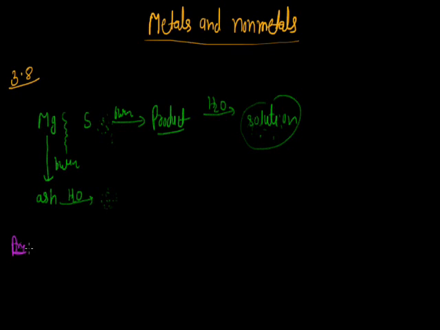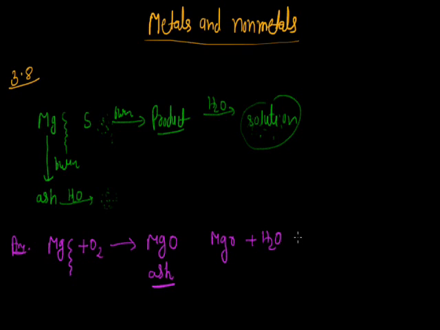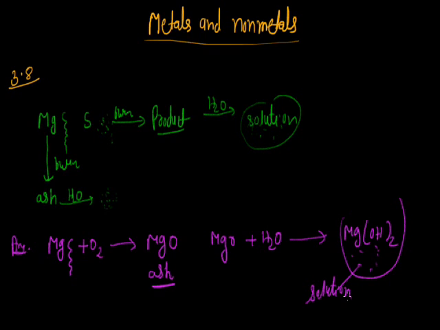First we have the magnesium ribbon. When this magnesium ribbon burns, it gives magnesium oxide. The ash is formed due to this magnesium oxide. Now when we dissolve this magnesium oxide in water, it gives a solution, that is magnesium hydroxide. Now when we use red and blue litmus paper in this magnesium hydroxide solution, the